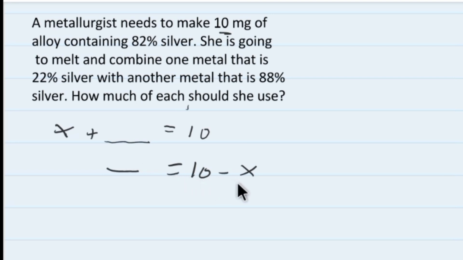This is the way we can get another metal. If I suppose one metal is x, then the other would be 10 minus x. So using this technique, I suppose the two metals as one metal, that is 28% silver, is x, then the other metal would be 10 minus x, that is 88% of silver.